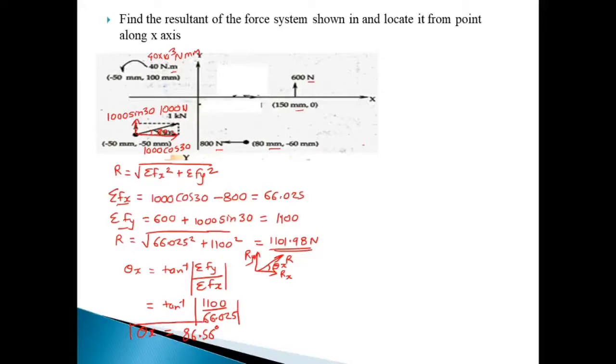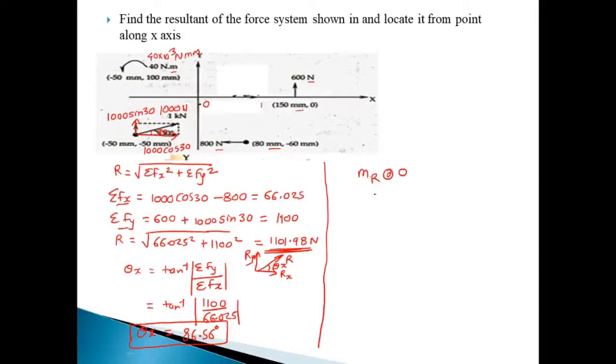So this way we can find out the angle and magnitude of the resultant. So this is half of our problem complete. Now we have to find out the position, and to find the position we have to use Varignon's theorem. Varignon's theorem says that the moment due to the resultant at any point, we will consider the origin,